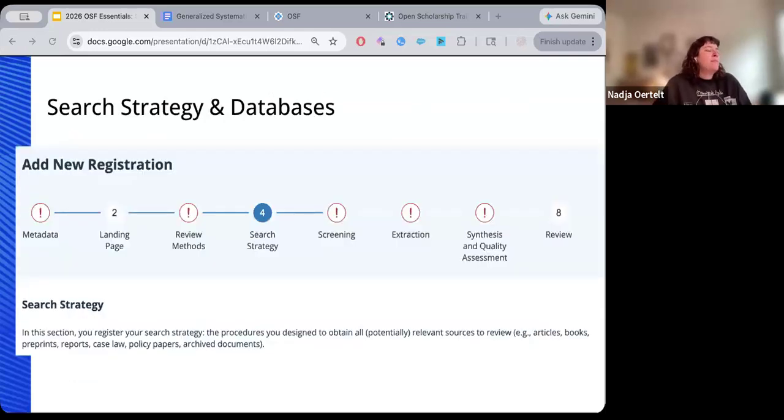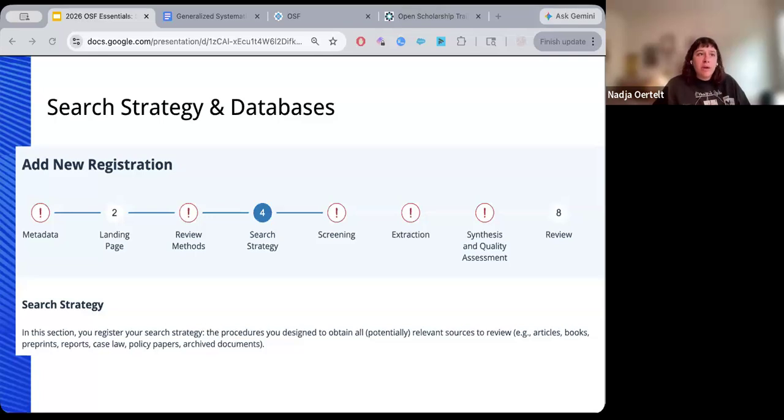So the first substantive section of the template is your search strategy. So that's where a lot of the specificity that I just mentioned matters. You want to document things like which databases you plan to search. The template asks you to be specific and explicit about all of them, including how you will handle things like gray literature. You also want to document things like your date range. So whether you're searching from a specific year or all available records or other types of search limiters, language restrictions, document type filters, for example.